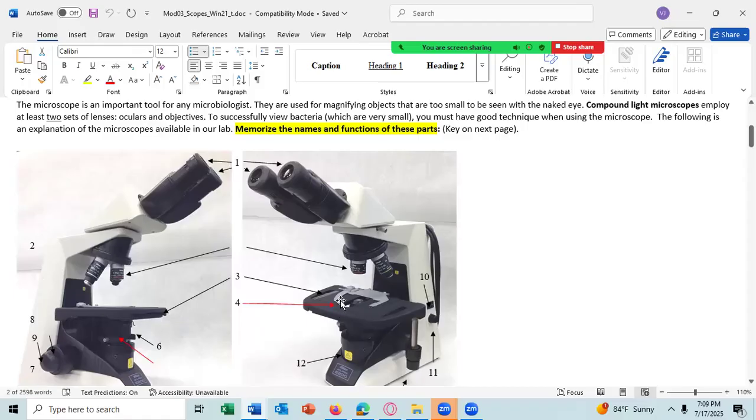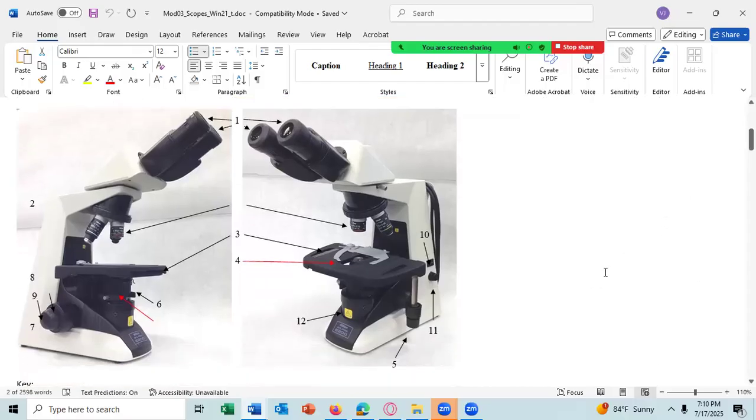It holds the slide in place, and you can move this clip to move the specimen this way, or that way, or this way, or that way. I think 5 is probably the stage clip controls, but I'm not seeing 5. Oh, here we go. 5 is the stage clip controls, where you can move the slide or the stage clip this way and then that way, and then this way by using these two knobs here.